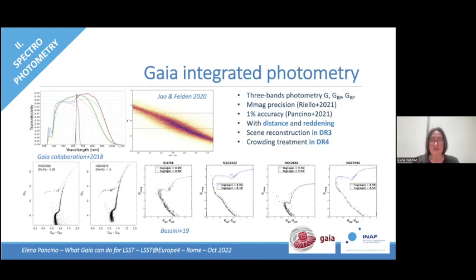Now, if you combine this with the distance information coming from parallaxes and with the reddening information coming from other sources that I will discuss in the next slides, you have the opportunity of creating absolute and unreddened color magnitude diagrams with Gaia. You see here nice examples of nearby globular clusters. Even if they are crowded, this is the quality you can get, which is competitive with the ground base, and in some cases also with HST photometry. And here you see the open clusters in which you can see a lot of details such as blue stragglers, binary sequences, and the like.